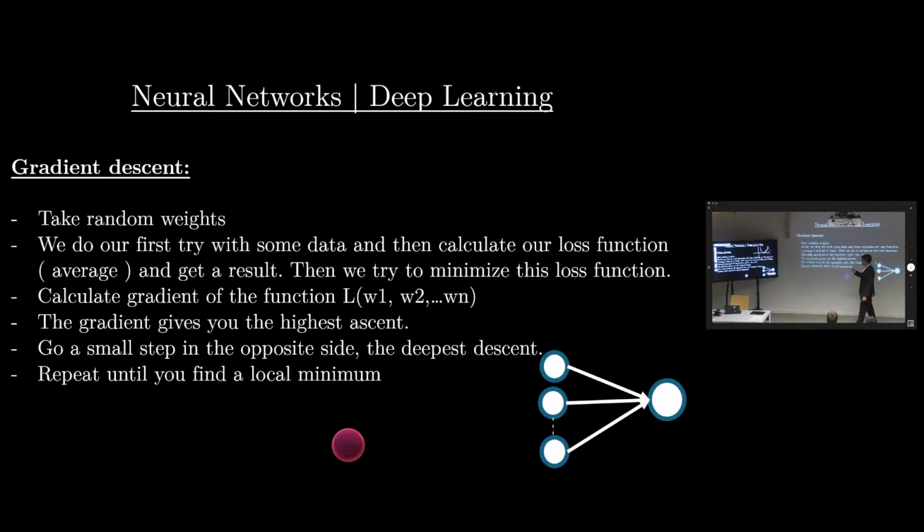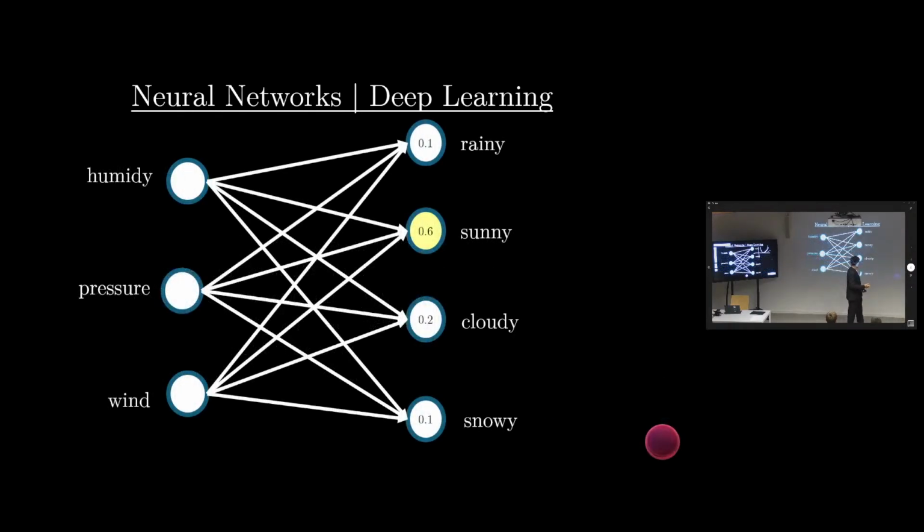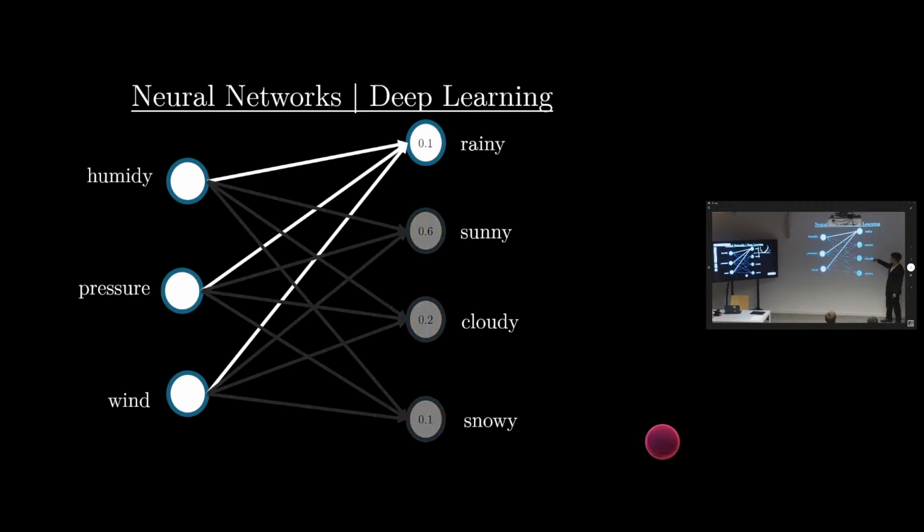But gradient descent only works for one output, because it can only optimize the weights that are mapped to one output. And then you might ask yourself, how do we do it for a multiple-output function? Very easy. We just consider this four-output neural network as four different one-output neural networks, and then apply gradient descent for each one. And then you will optimize your weights.